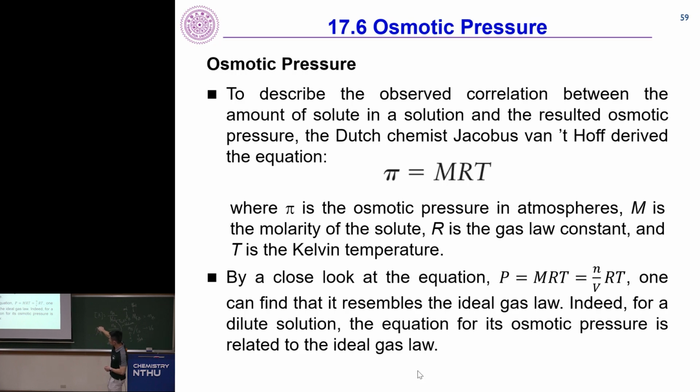P equals MRT. M is concentration, which is n divided by V, right? Number of particles divided by volume, or moles of particles divided by volume. If you multiply both sides by V, you get PV equals nRT. That is indeed the ideal gas law. So indeed, Van't Hoff's equation for osmotic pressure is the ideal gas law, but for solutions. So you can imagine these solutes are like ideal gases inside this solvent,